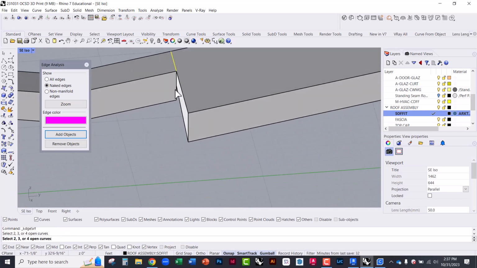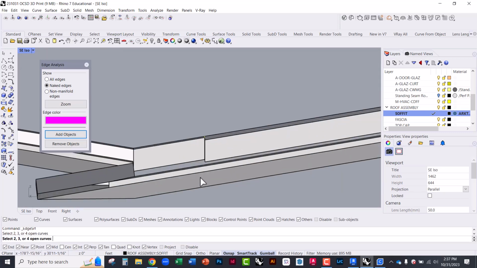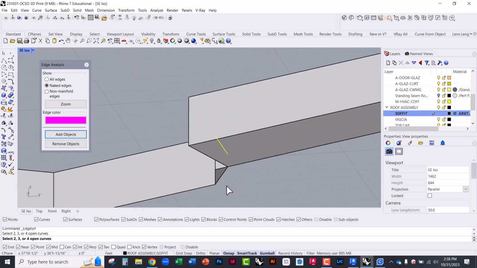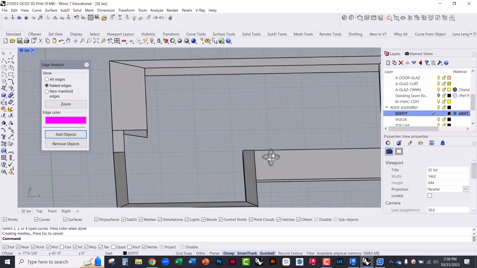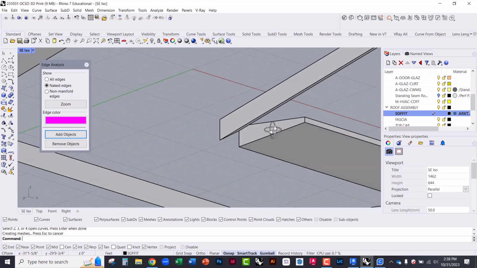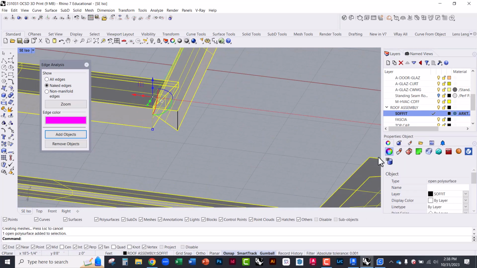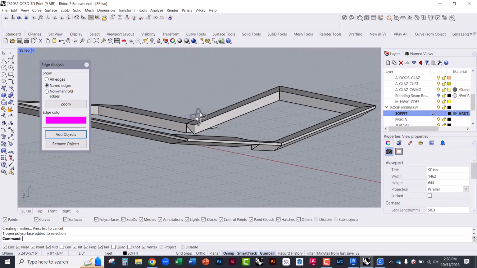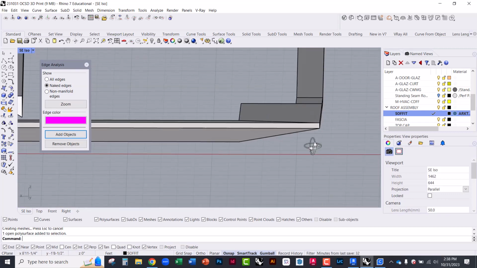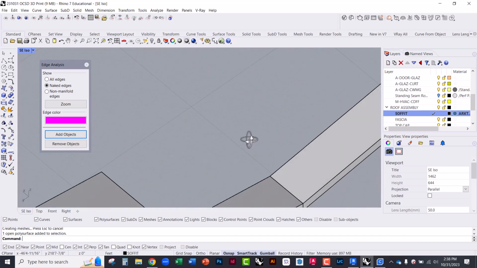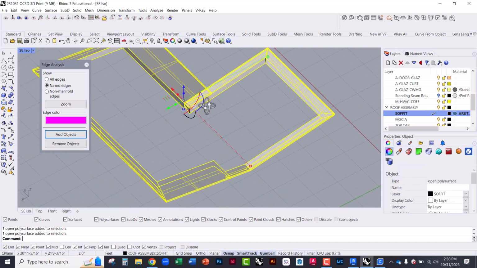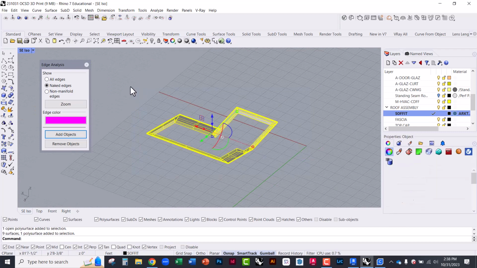Do the same thing. I want this piece that you can't really see to be closed off as well. So that needs to be closed. This already is, that's good. This is closed. This is closed. Okay, once you look around and you don't see any open surfaces, select all of this, type join,